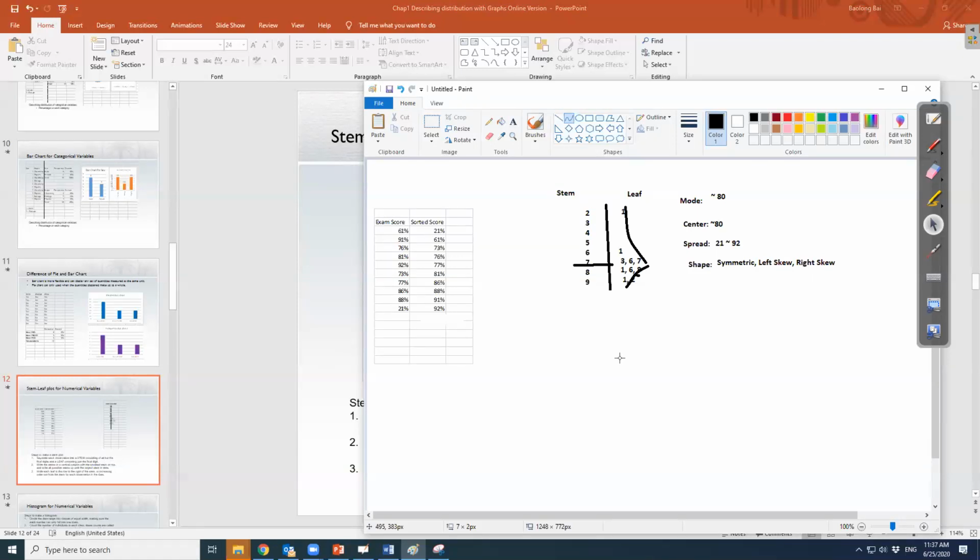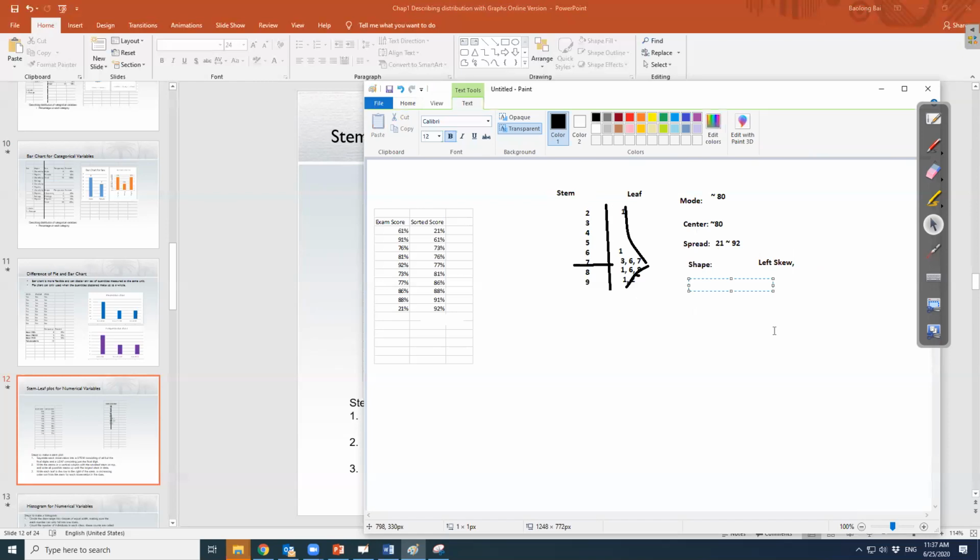So when you look at this, is it symmetric or skewed? Of course, it's skewed, right? Then is it left skew or right skew? It's left skew, right? Because the longer tail is on the small number side. You have 21 here on the small number side, right? So that's shape. And the last thing we can look at is called outliers,